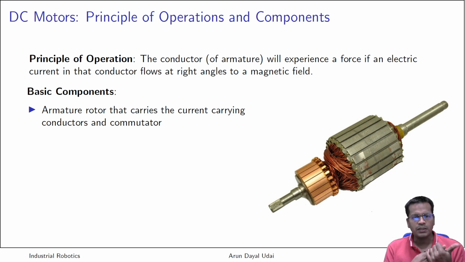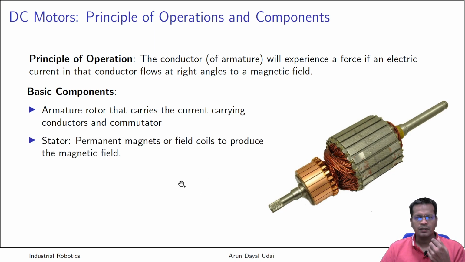Okay, so this armature rotor carries current. Those are conductors. They will act like conductors, as you have just seen in the case of Fleming's left hand rule. You saw C, that is, a current carrying conductor should be there. So that current carrying conductor will be here through this. Then comes the next